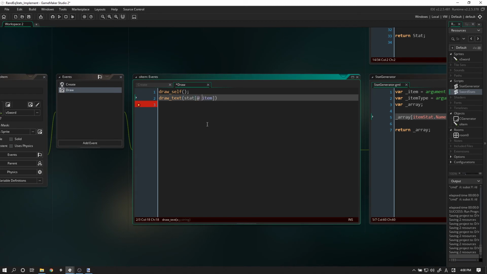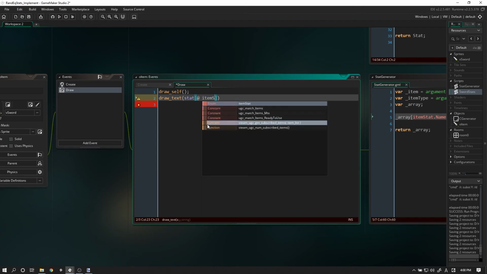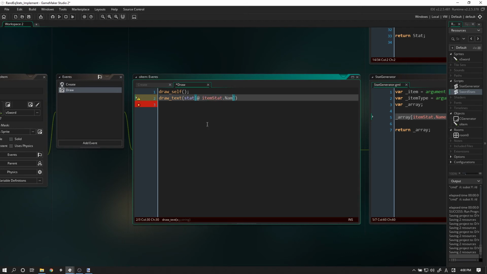at item. Remember, we are referencing. We're not assigning, we are referencing. Stat item dot item, item stat dot name. All right. Now, this has come up weird. Number of arguments expected 3 got 1, and that's because we haven't put in the 0 for that x, y, stat. There we go. And I guess for safety's sake, so it doesn't throw an error, we should enclose that